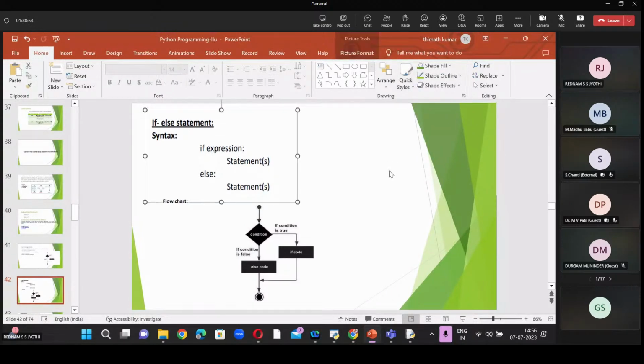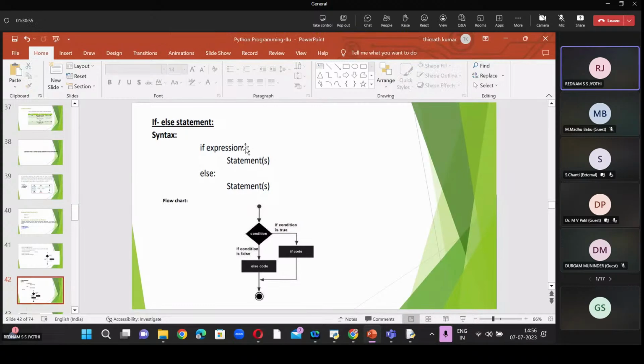Colon is part of the syntax. Then the statements will be executed. So we need to leave some space after the if expression. That is called indentation. Then else, after that there is a statement.